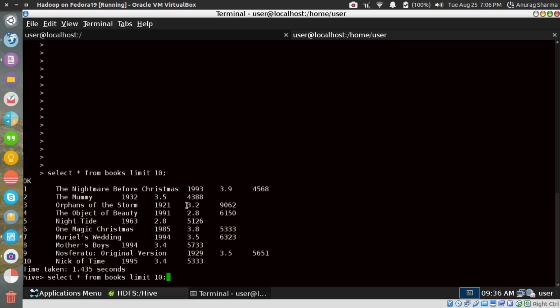Now this basically is it at the most basic level. So you can write whatever queries you want. So select star from books, where, what was the schema that we defined?